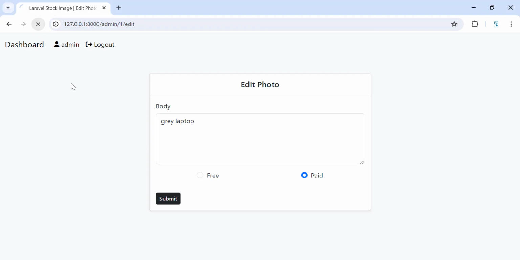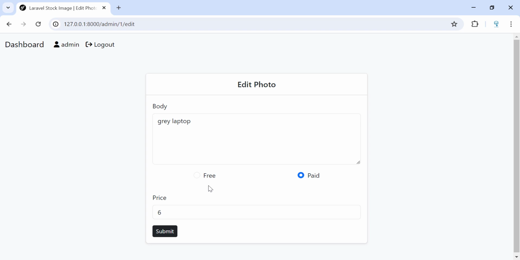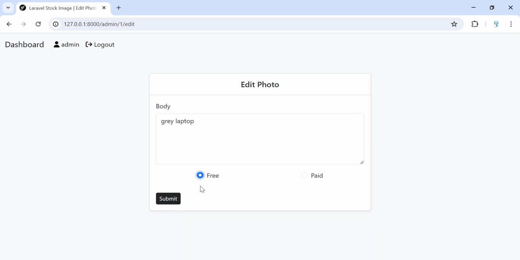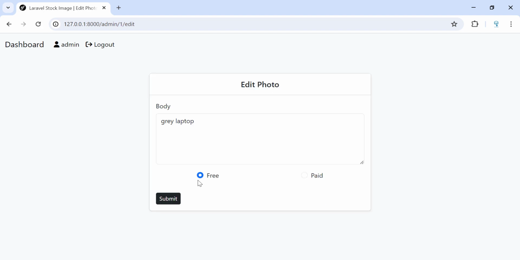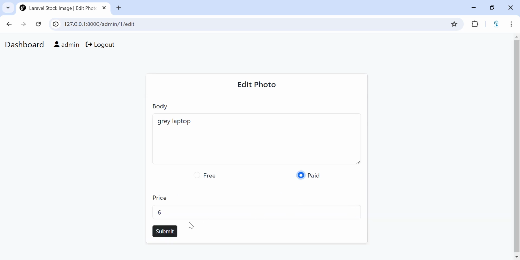So let's refresh and see what we have. Now, as you can see, the price is here. If we make it free and we save, now it's free. Let's try to update it and see. Now, as you can see, the price is hidden. So let's make it